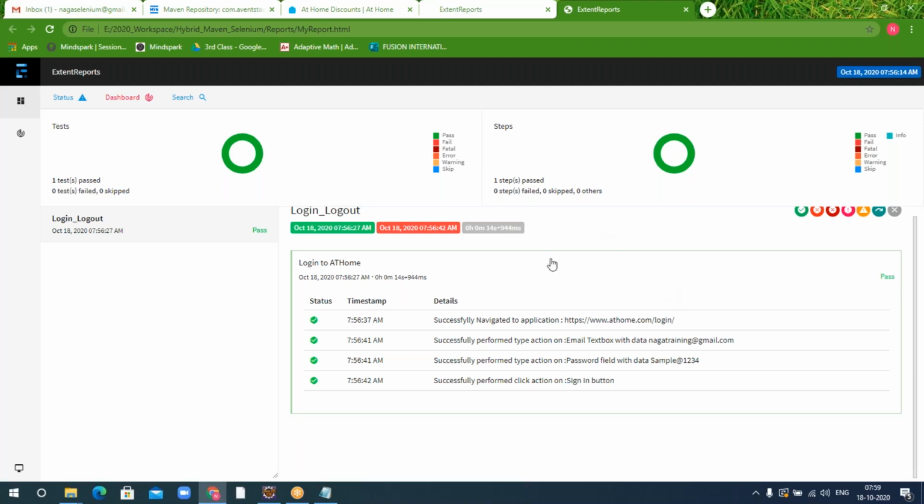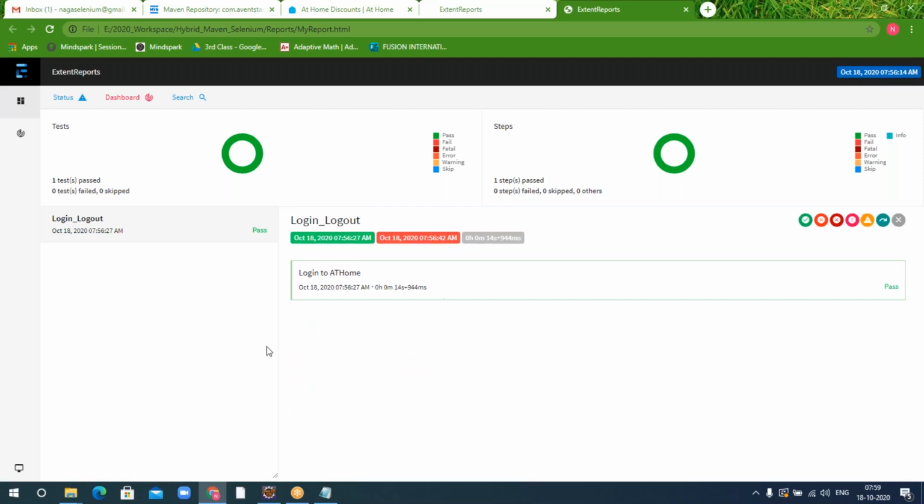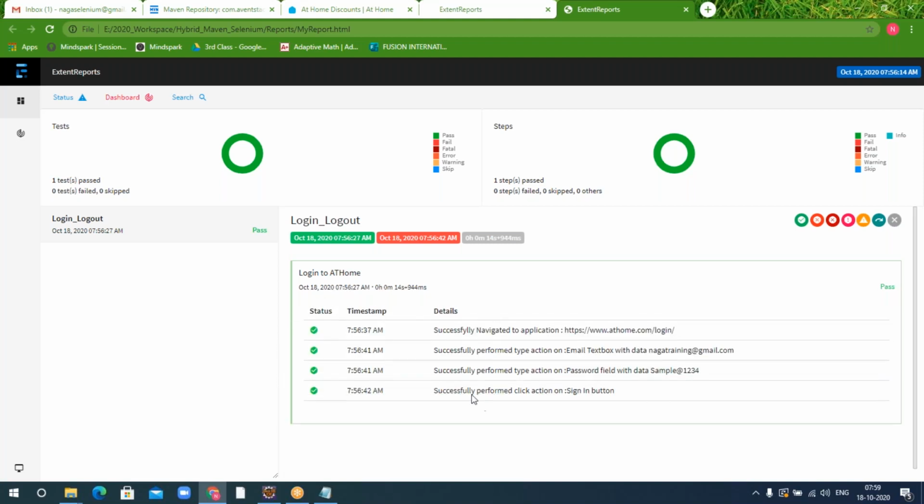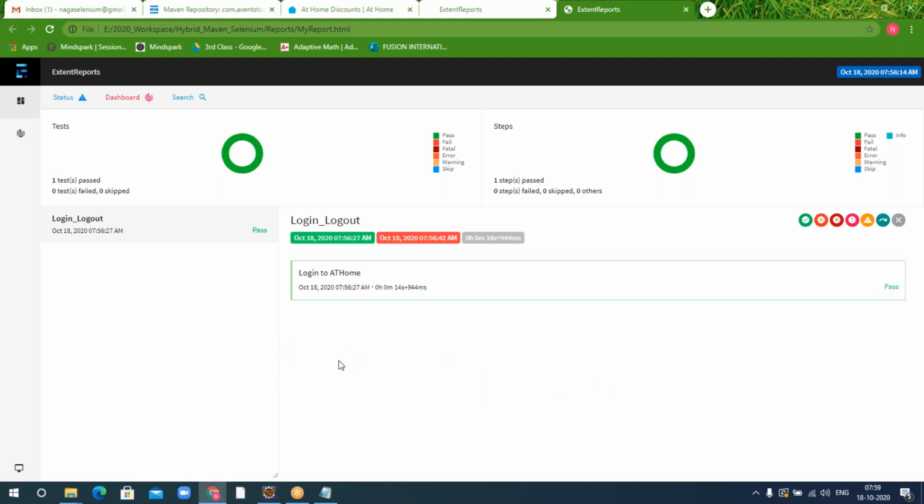That's it. Okay, fine. And see, it will show you how much time it has taken, when it started, when it ended, and everything. And again, if you just click on this one. So let's say my script is having 10 steps. Somebody who wants to have a high-level look will just see: okay, login happened, after that it is doing some searching, and then logout is happening. That's it. If somebody wants to see what is happening inside, they can just click on it and see that. So that is what this reporting looks like.